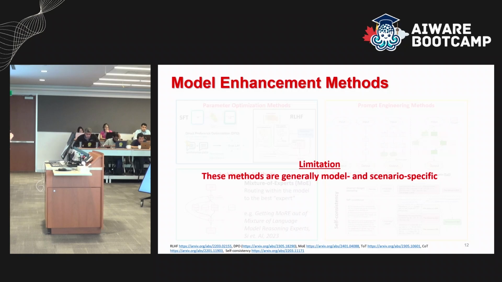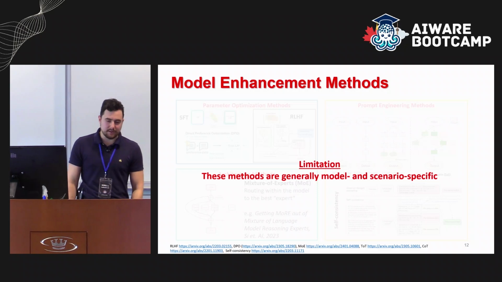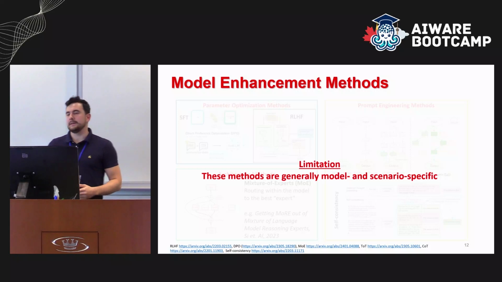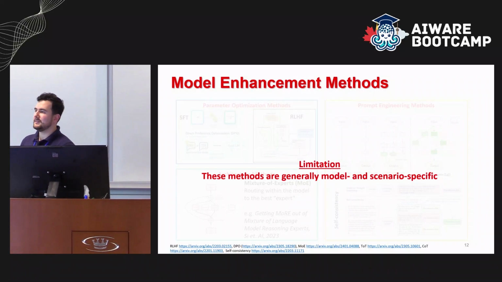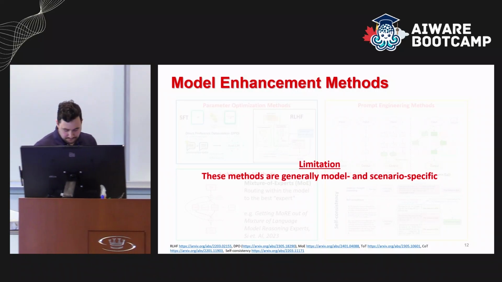The other one is going to be for translation. And the way you train and tune both these models would be different. It's also going to be very specific to the model you're training. So if at any point you want to change your underlying LLM from, let's say, Llama to a Falcon, an older LLM, then you have to repeat the whole process again. So we want to try to avoid that. It's very expensive, very intensive, but it gets the job done at the end of the day.